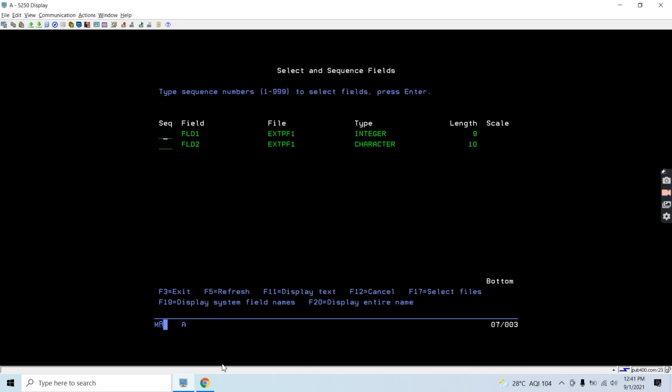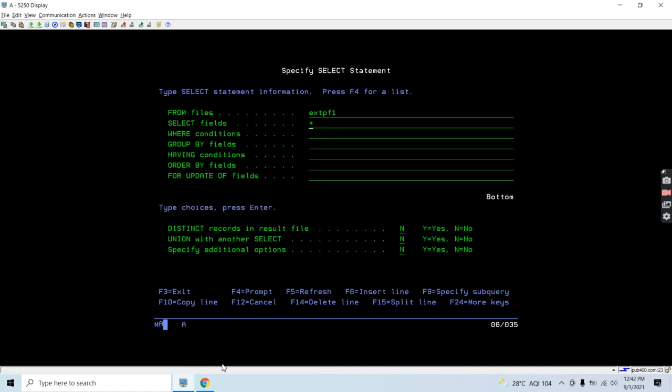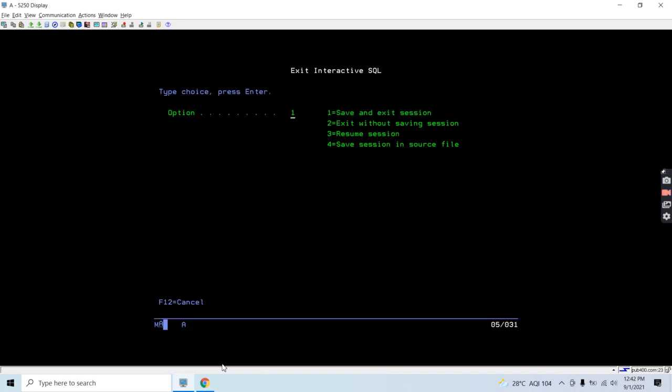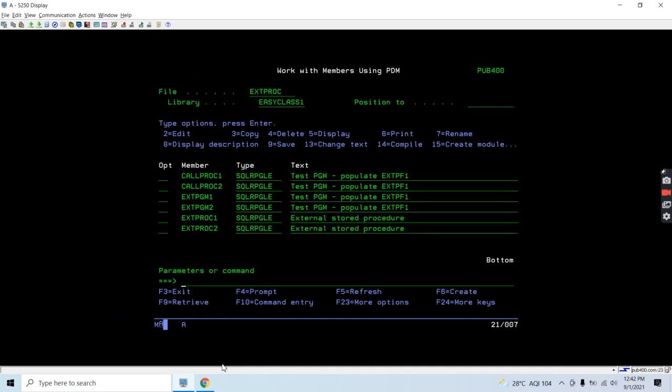This is the file having two fields. The first one is an integer and the second one is a character. This file has no data right now. Now let's